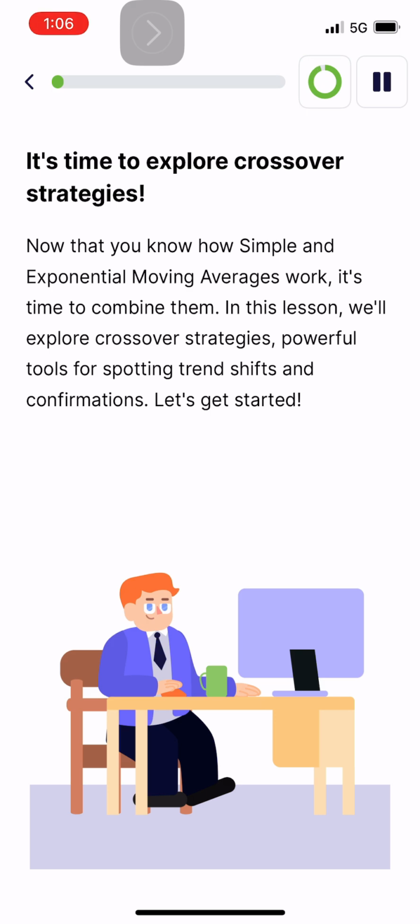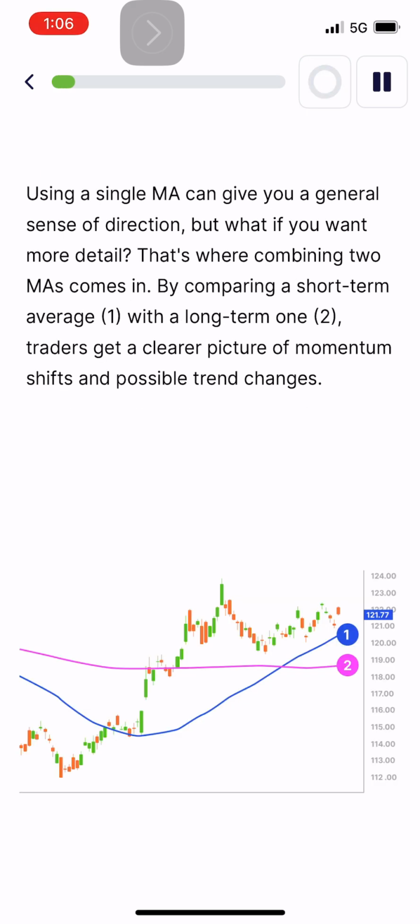Let's get started. Using a single MA can give you a general sense of direction, but what if you want more detail? That's where combining two MAs comes in. By comparing a short-term average with a long-term one, traders get a clearer picture of momentum shifts and